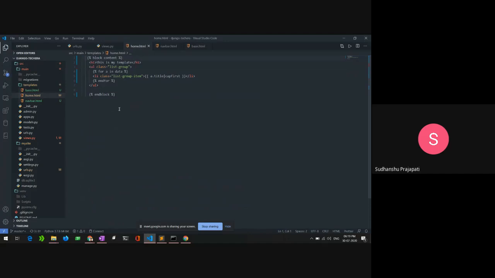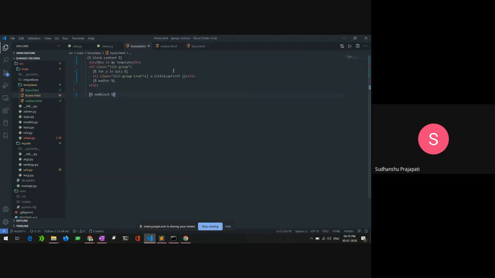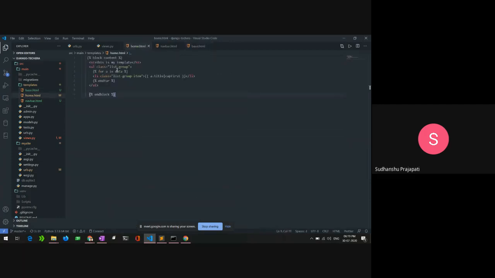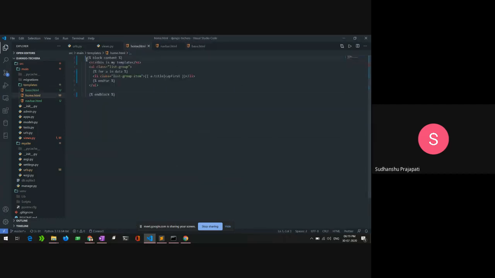Now we have provided which content we want to be replaced inside here, but how will we know that it should go to that base.html and put itself inside here, or that all the code you are writing here should be copied here? For that, you also need to write one simple tag, the inheritance tag for template inheritance.